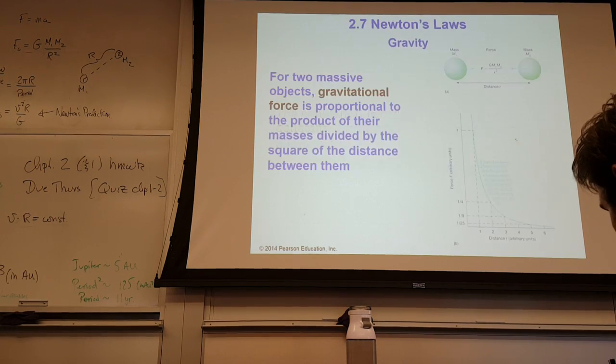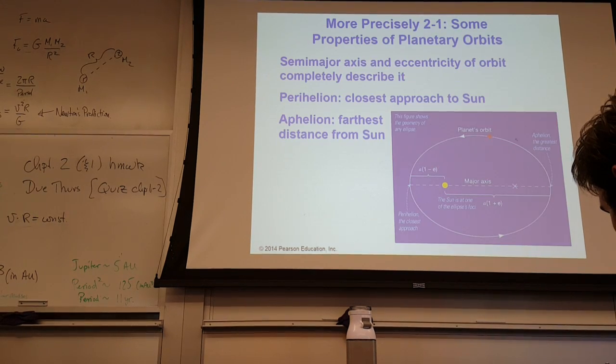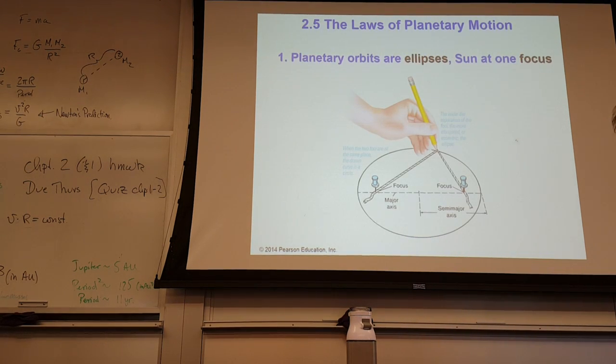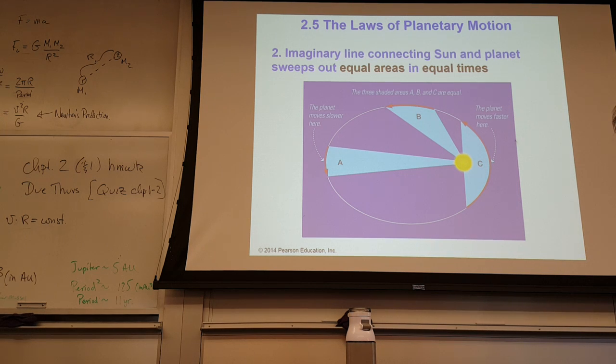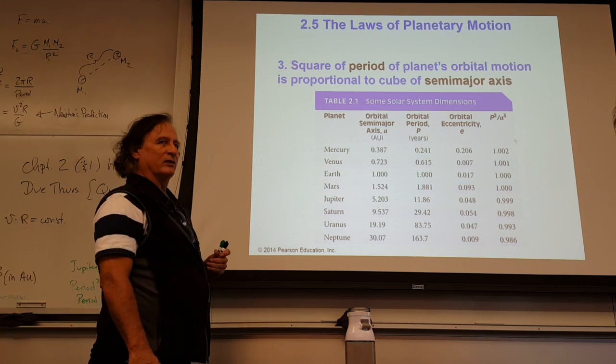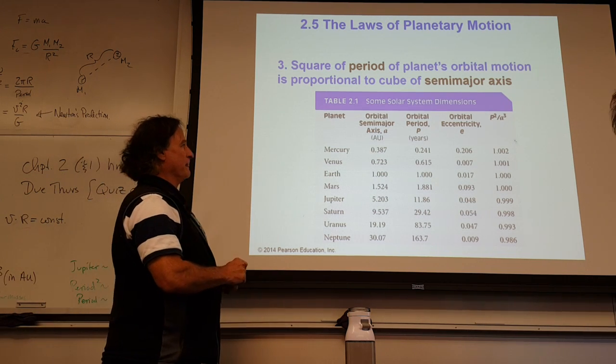Okay. Let's see, what else did I not cover here? I think maybe I should say something here. These are Kepler's laws: ellipses, equal areas in equal times. Here's something called the eccentricity. The oblongness of the orbit is measured by the eccentricity, and a zero eccentricity would be perfectly circular. The bigger the eccentricity, the more oblong it is. You can see from here,